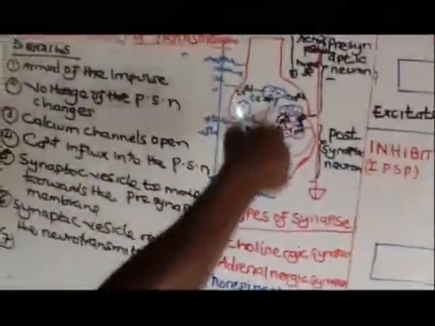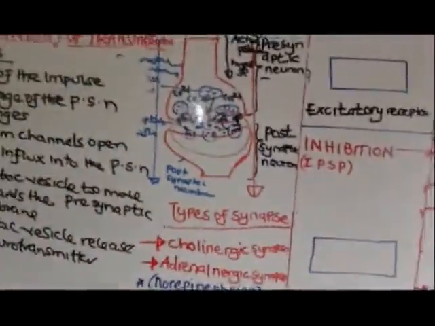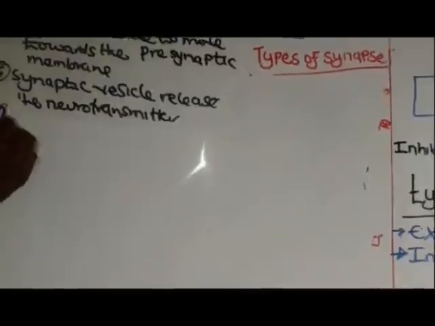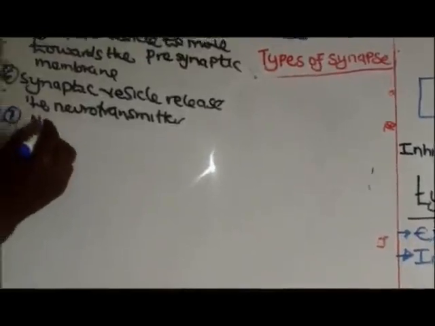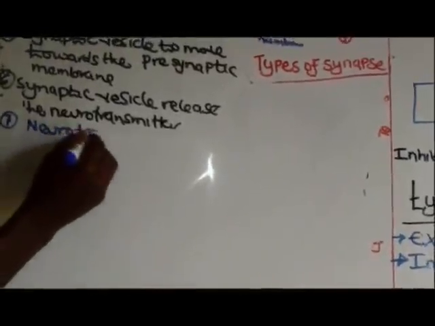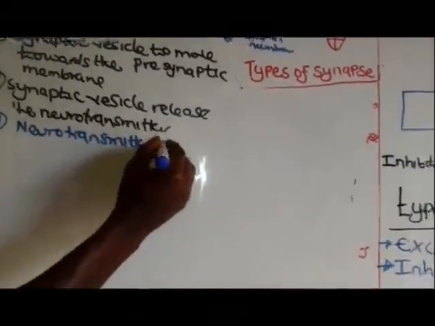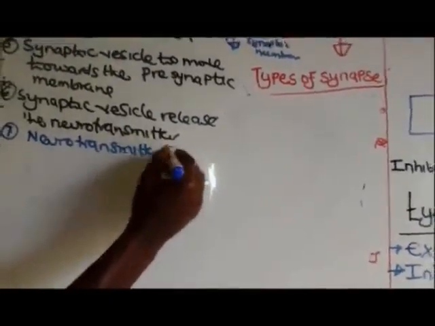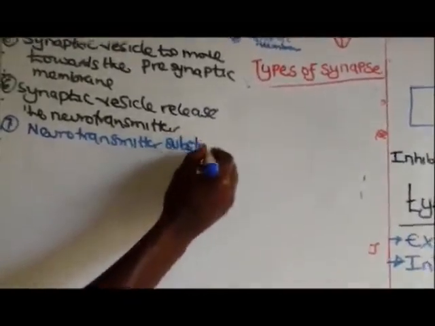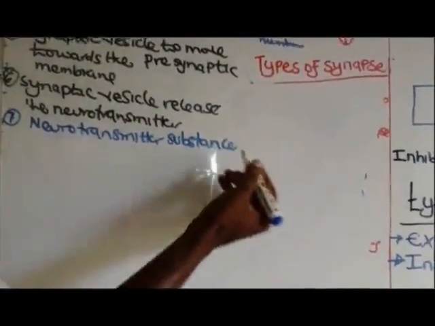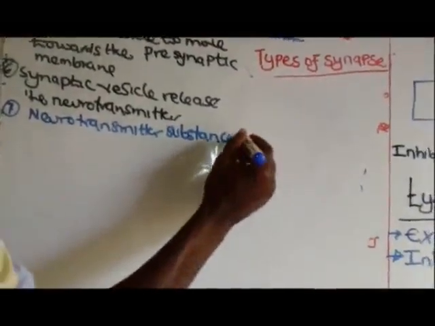Now, after the neurotransmitter substance is released in the cleft, it moves. Remember we said it can be acetylcholine, or it can be adrenaline or noradrenaline. The neurotransmitter substance now moves